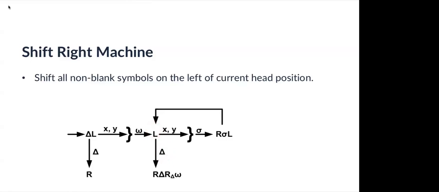If we find a delta, then we will move to the right, rewrite it with delta, move to the right until we find delta, and then write whatever we stored before. But if we find x or y, then we will store it to another variable. And then we will move to the right one time and then write delta, which is whatever symbol we stored before, and then move to the left and go back to this procedure.